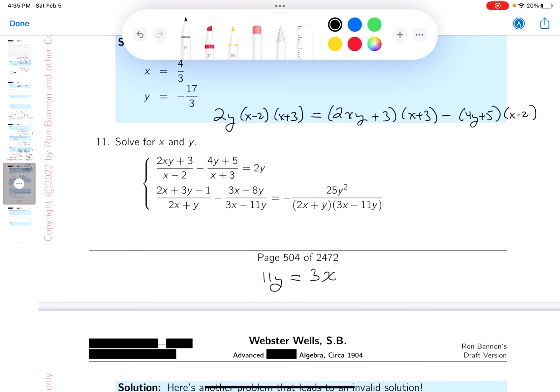What do you get over here? Well, it's going to go slow. 2y, this will be x squared, plus x minus 6. I'll finish that later. Let me go to the other side. You're going to get 2x squared y plus 6xy